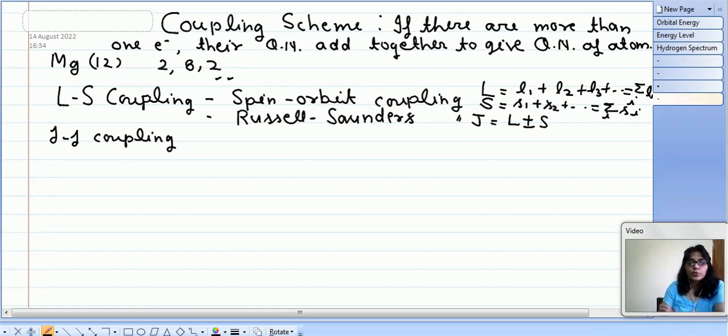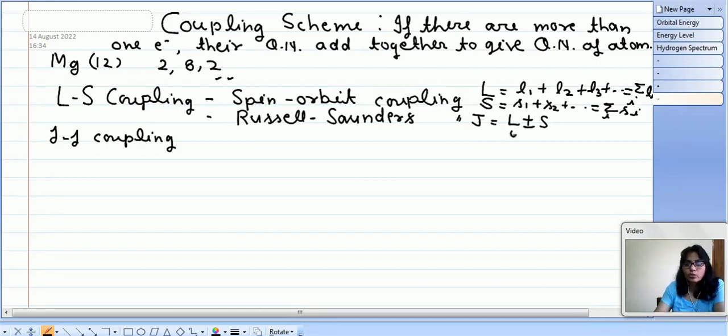One thing you should know is that when we add quantum numbers, there is always a plus minus. We are adding L and S, but we write it as L plus minus S, so it is understood that it may be plus and also minus at the same time. We consider all the terms: first we write the L plus S value, then the L minus S value, and in between them all the values differing by 1. It may not be an integer also, but the difference should be 1. So let us take one example.